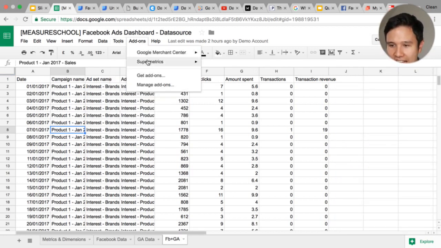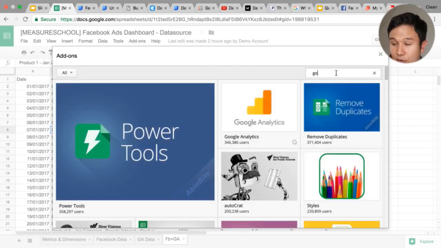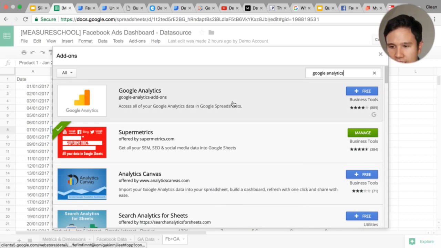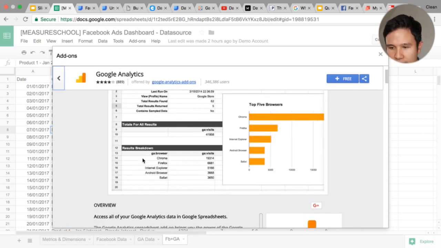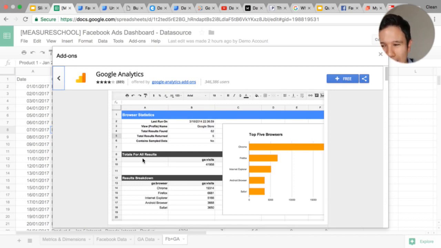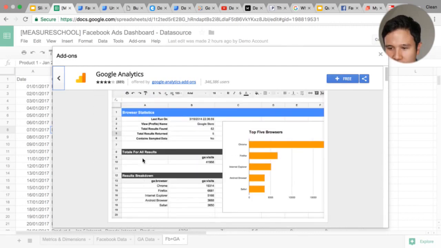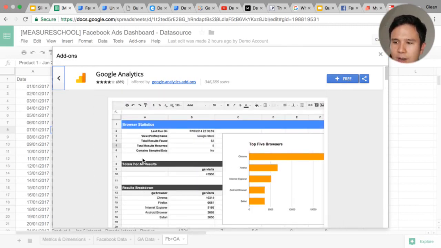Now, if you go into this add-on gallery, there is an add-on that is from Google Analytics directly. So from the Google team, it was built by Google Analytics, and you can pull the data down this way. This is a bit more strenuous to work with because you need to know exactly what you would put into the reporting API to pull the right data. So you need to know the right commands. I can't really show you it here, but you need to know what is the basic metric that you are requesting,